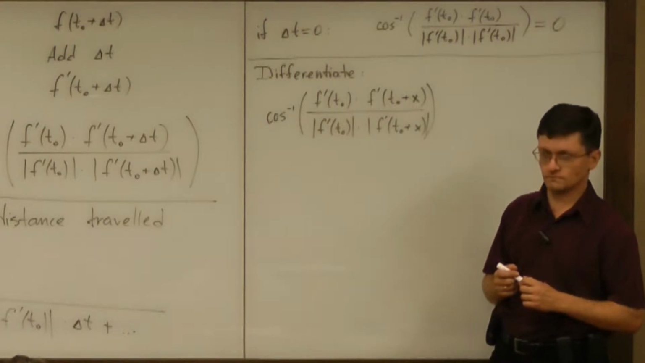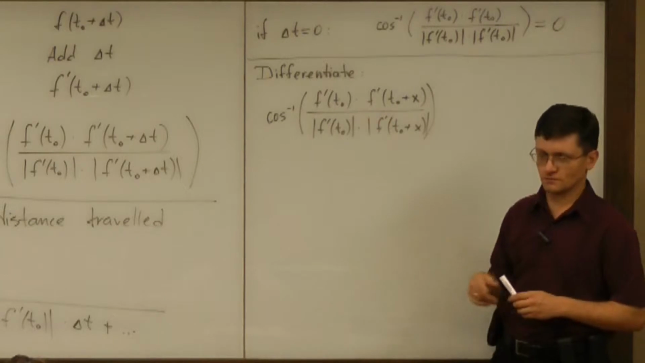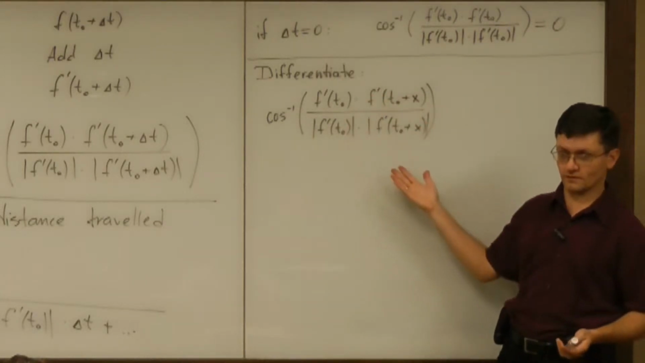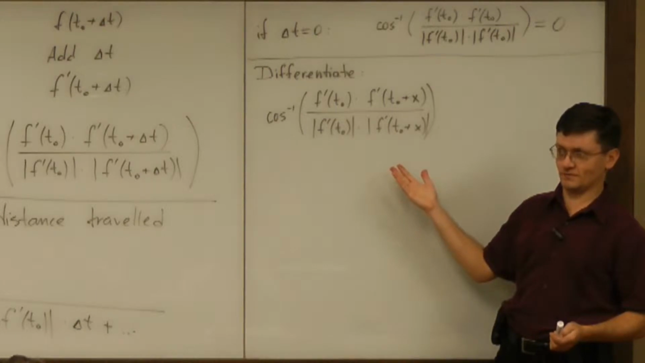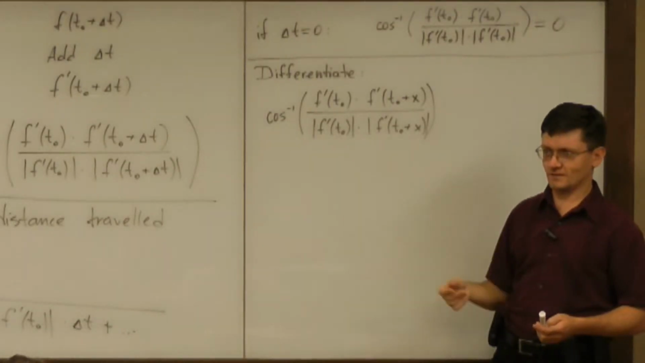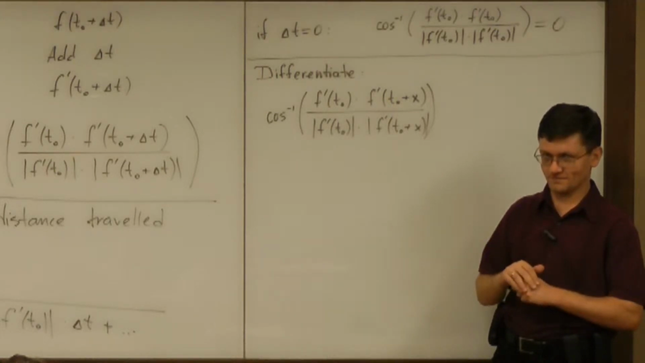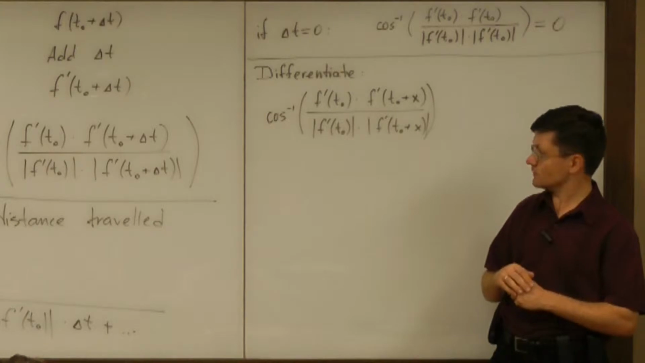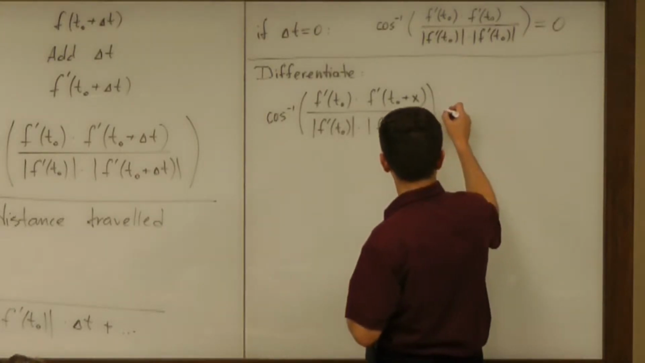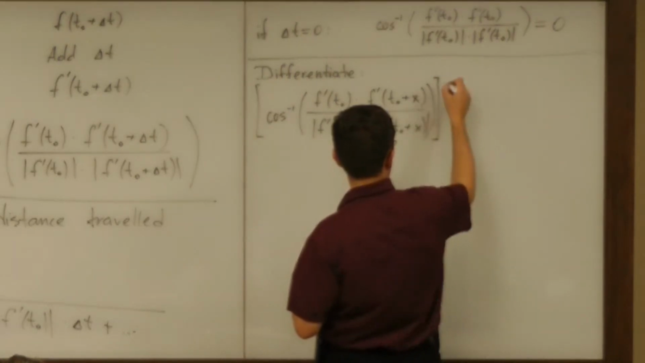Quotient rule. Do I go immediately to the quotient rule? Is that quotient the whole thing? No. It's cosine inverse of a quotient. So how do you differentiate? The difference was on the inside of the entire thing. Yeah, the chain rule, right? That's what you use. All right. So to differentiate this with respect to x,